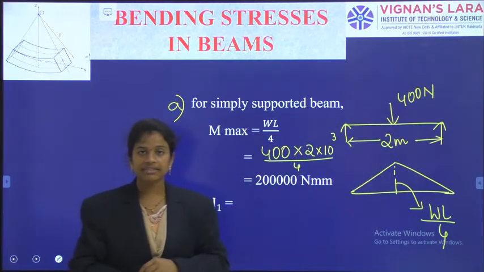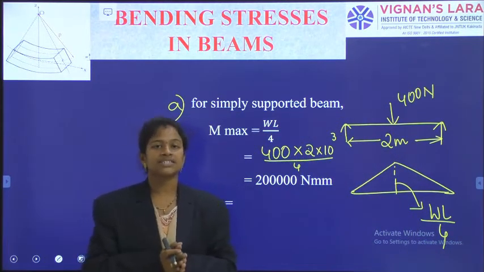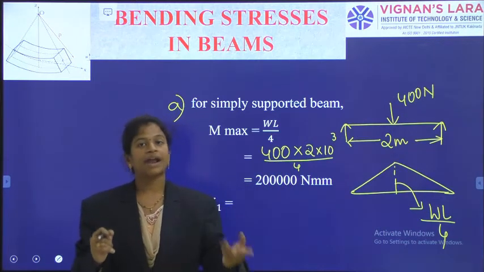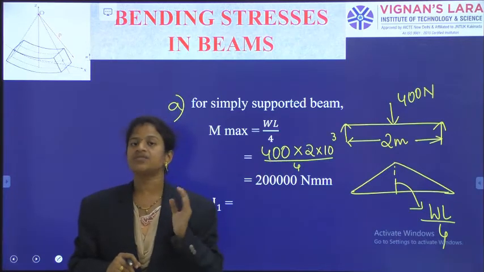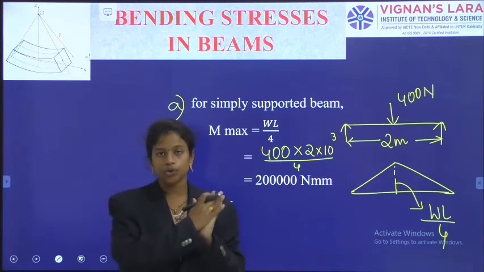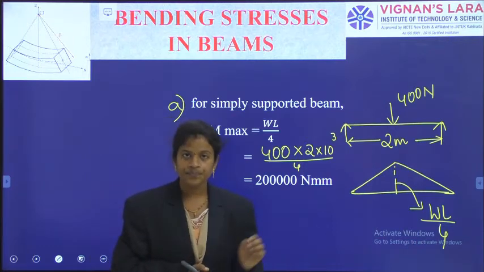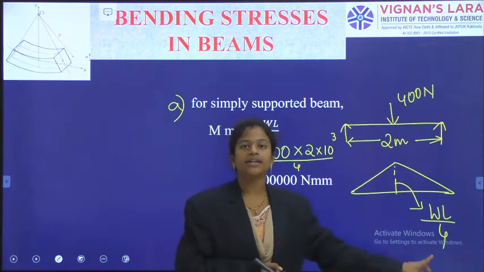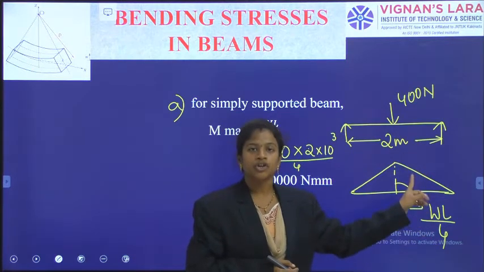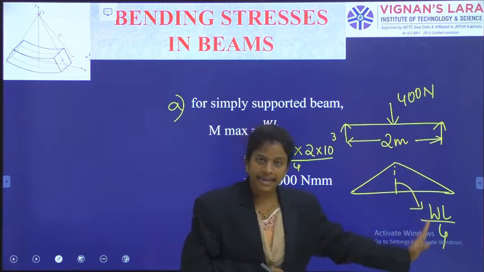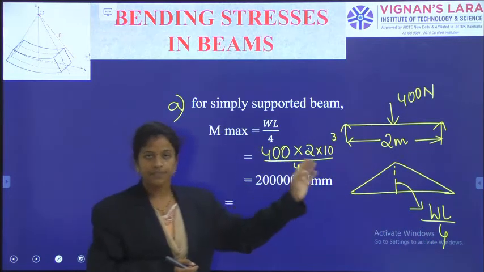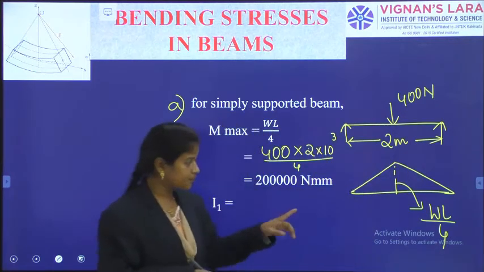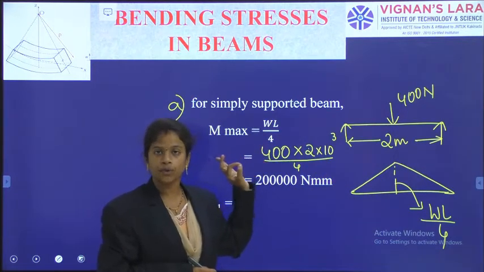From the pure bending theory, we have said we should consider a section with zero shear force and pure bending only. But in practical conditions, a complete section with zero shear force and pure bending may not be occurring. So, the condition for using the pure bending theory is that I take a point where the bending moment is maximum. Using that maximum bending moment, I can use the pure bending theory.